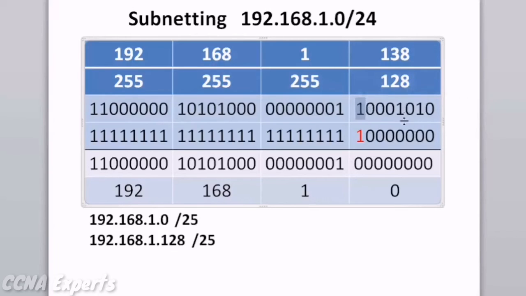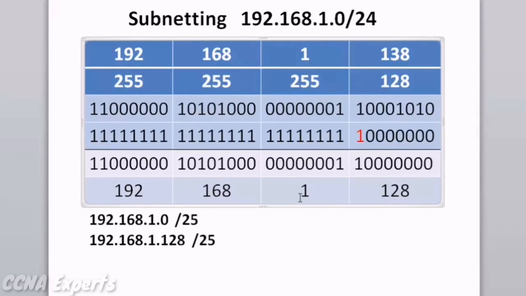So 128 plus 8 plus 2 is 138. If we do the ANDing again, a true and a true makes a true, and then we have falses all the way. The resulting network address is 128. So when we take the IP address with the /25 subnet mask,